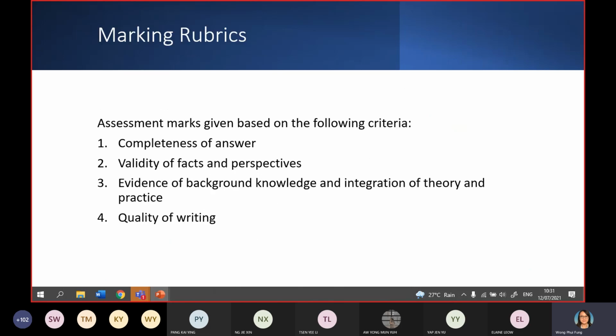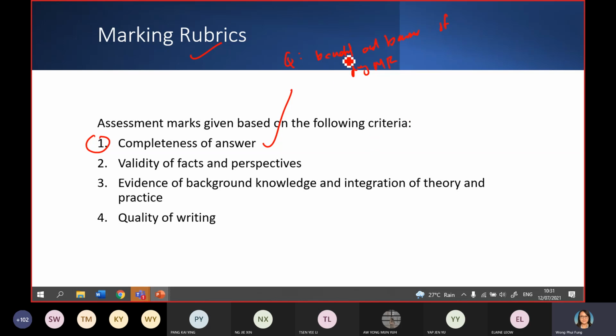Okay? This is my marking rubric for this course, divided into 4 parts. First, I will assess the completeness of your answer. What does completeness of answer mean? I want to know from your answer, do you really understand the question? Do you really answer the question? Do you really address all parts of the question? Let's say the question asks you, what are the benefit and barrier of doing market research?